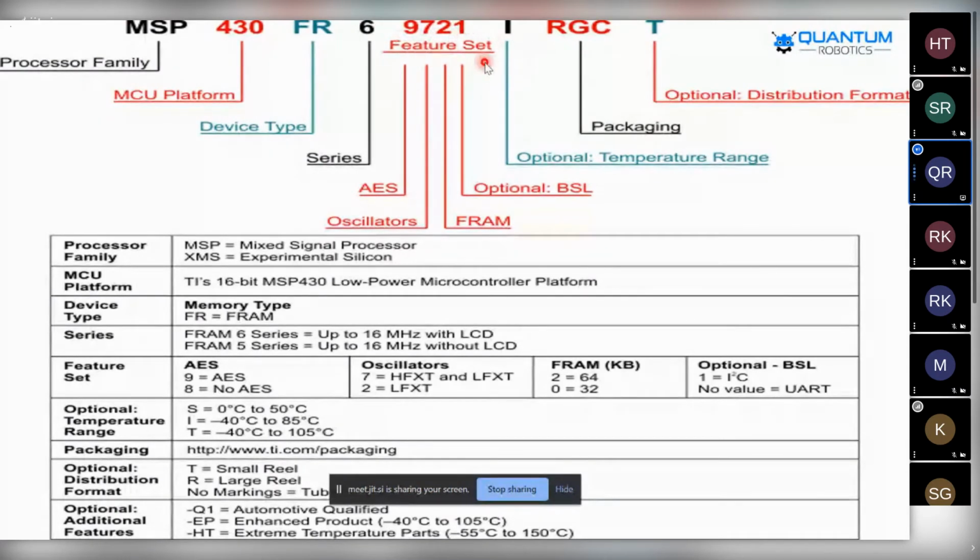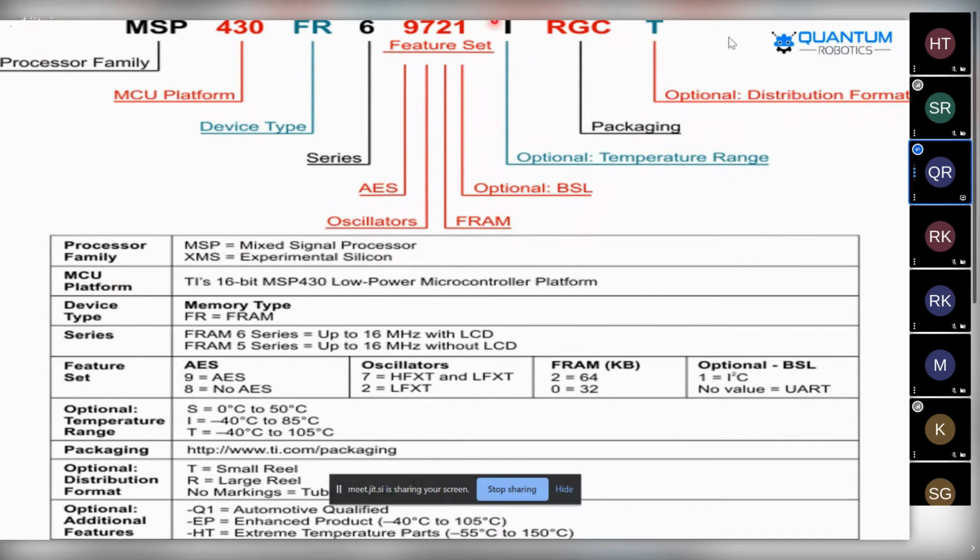9721 is the feature set, like AES, accelerators, FRAM, optional BSL, and here you will be getting I, that is the optional temperature range, and you will be getting RGC, that is packaging, and T is called the optional distribution format.